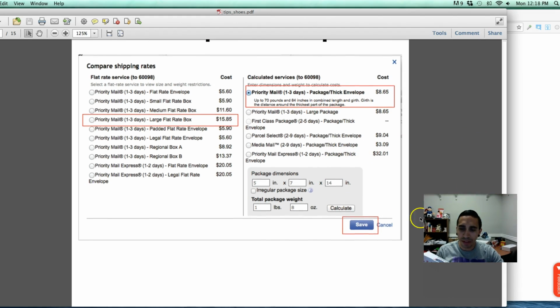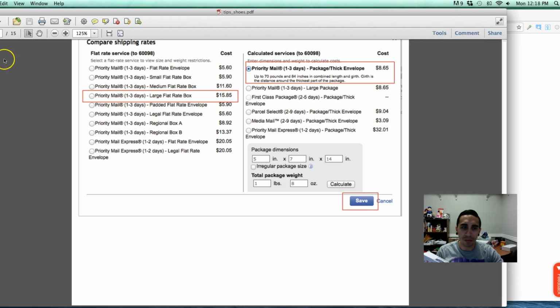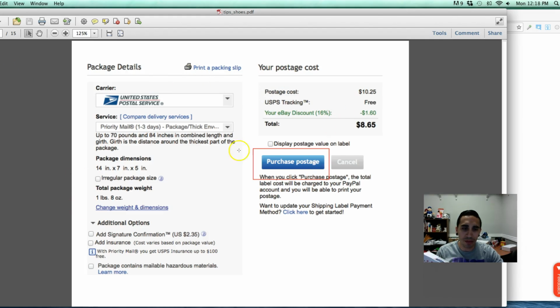We press save, and now it's going to open this new little thing. It's going to tell you the dimensions, the weight, purchase postage. When you click on this, it's going to take out the $8.65 from your PayPal account, which it tells you right here. The total label cost will be charged to your PayPal account. So it just immediately takes it out,